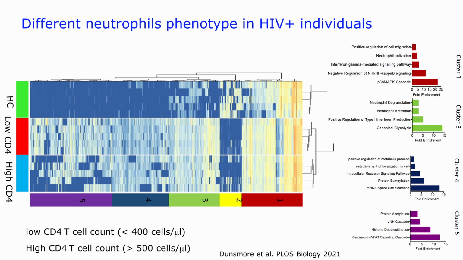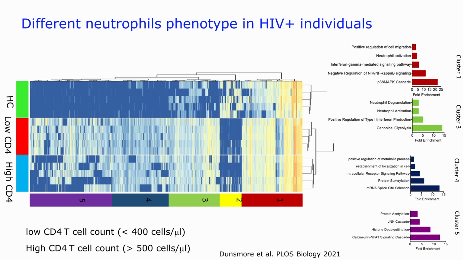So this is extensive work. I just want to show you a couple of slides. So we look at the healthy control genes. These are low CD4 and high CD4. Low CD4 means that those individuals, because CD4s are HIV target cells, that means HIV has killed lots of their CD4, and they have gone on treatment probably late. And as you can see, these clusters, those that have lower CD4, their neutrophils are more activated.